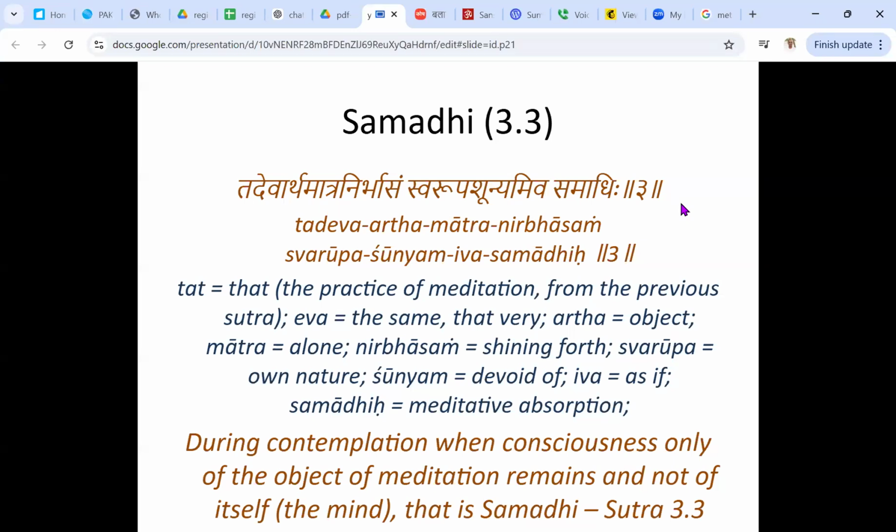Okay. That's the very definition of yoga. Yoga chitta vritti nirodha. That's what we said earlier. I didn't know that. This is a new learning for me. I always thought of yoga as a physical exercise.